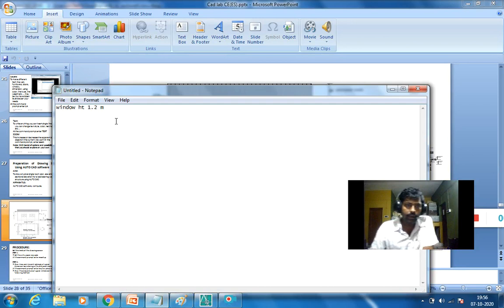So generally the window and door both are on the same level. The window top and the door top are in the same level. And also you know that door height is 2.1 meter.